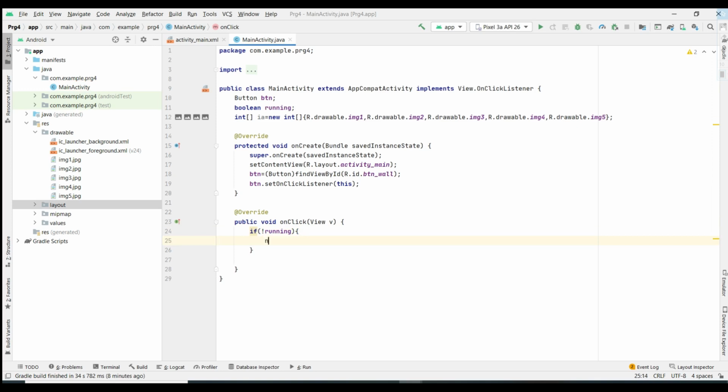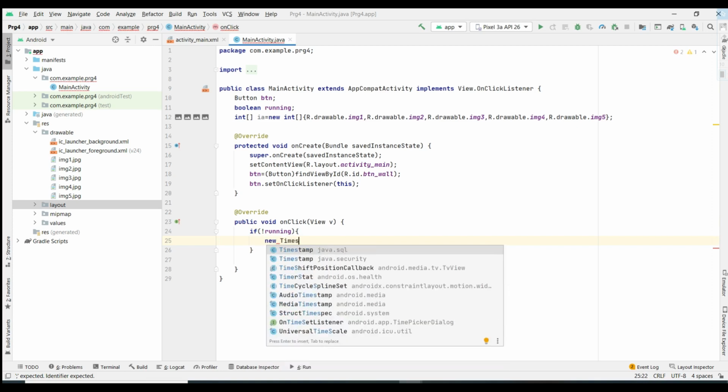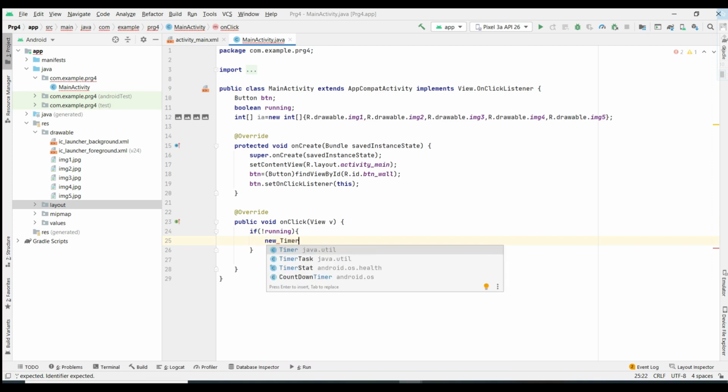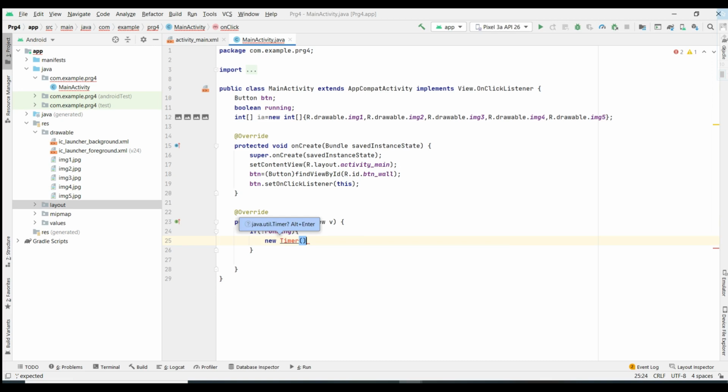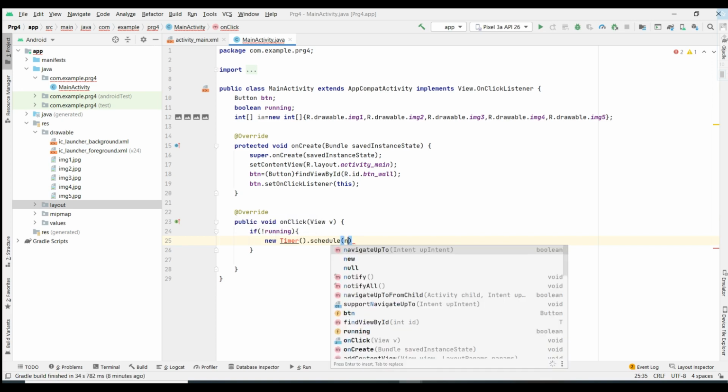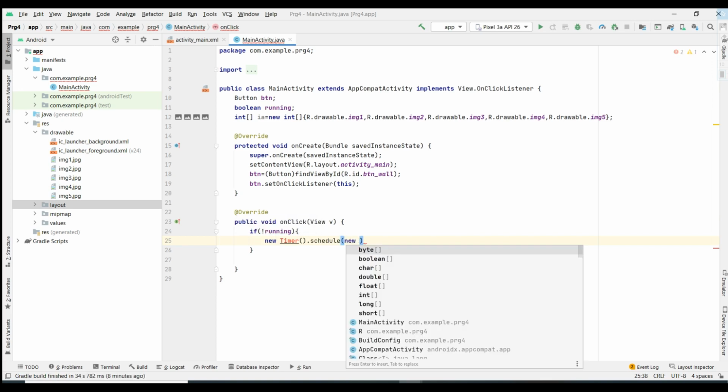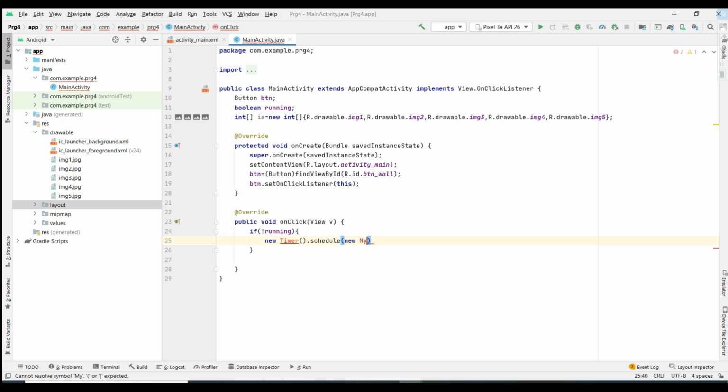I'm going to set a new timer to schedule the task. So schedule of new, and I'm creating